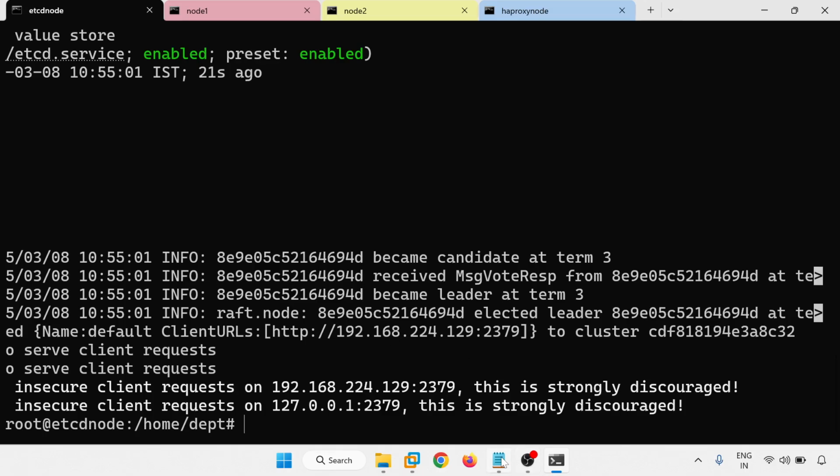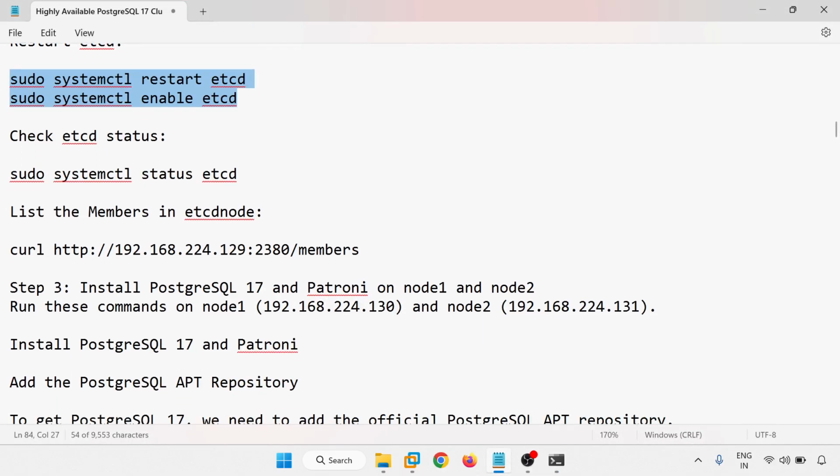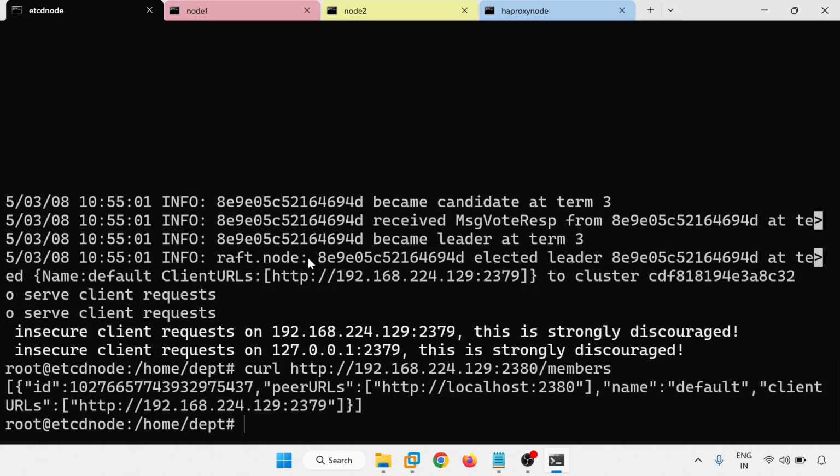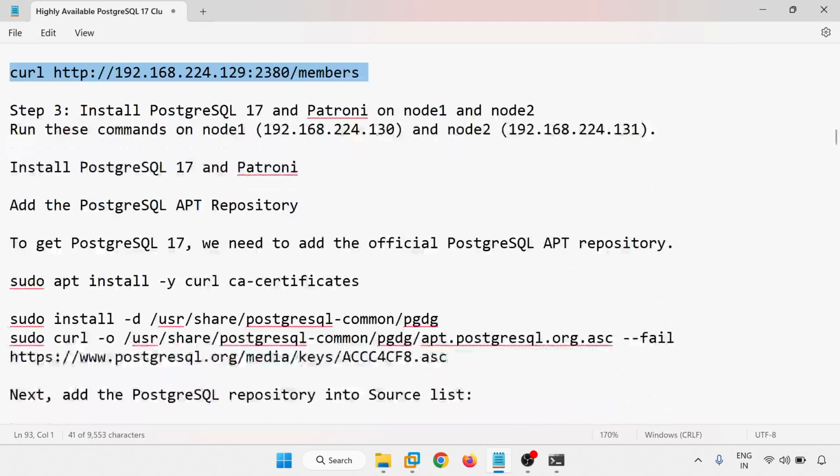So exit this one. Now check the etcd members. So you will get the client address and URLs and name and this thing. So this is the ID, and this is the peer URL, and this one is the client URL. Okay. So next